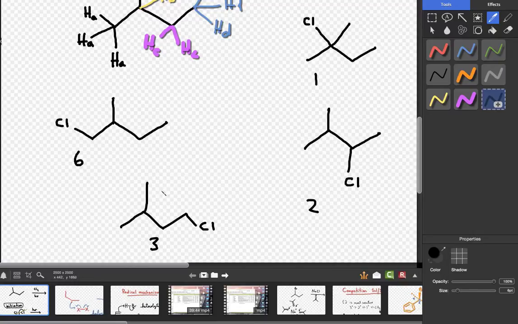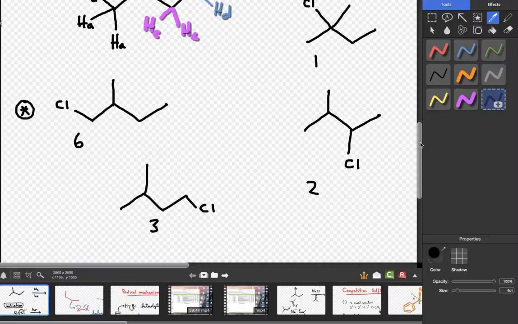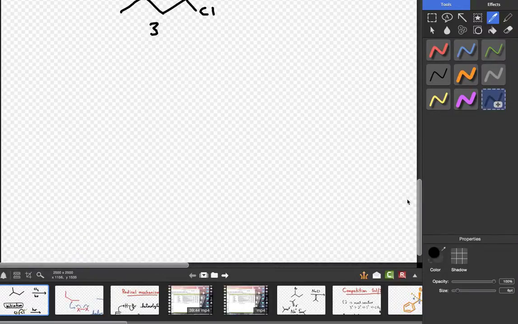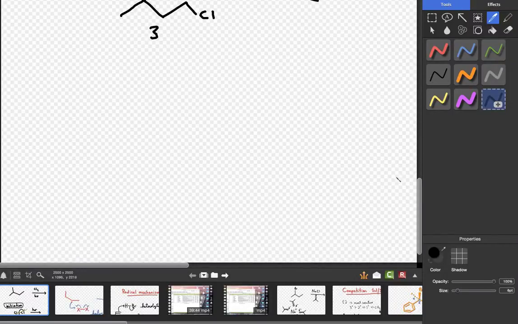They have different names. So if we're just looking at statistical probabilities, I should expect to make this one most often, because I have, in the case of this molecule, twice as many hydrogens. In the case of this molecule, 3 times as many hydrogens. In the case of this one, 6 times as many hydrogens. But there is a radical stability. Tertiary is more stable than secondary, is more stable than primary. When I chlorinate,